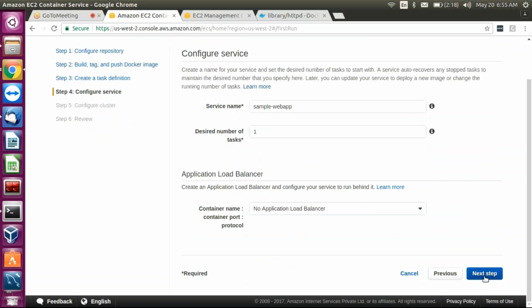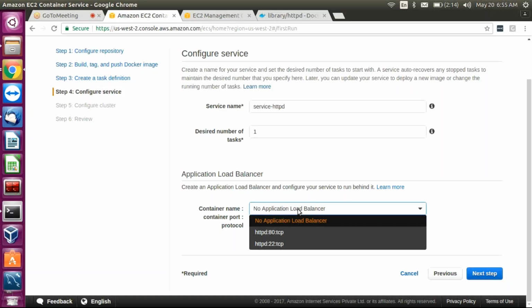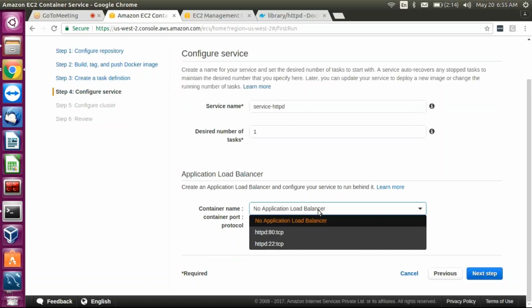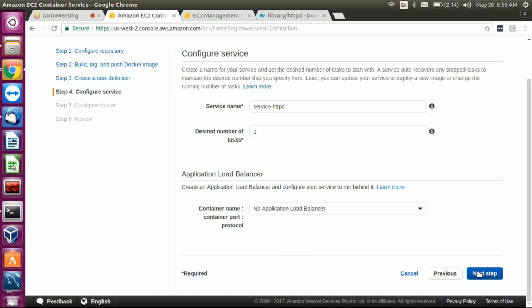Okay, so I am going to the next step, and this is the service name. I'll tell you what a service is. Service HTTPD, and decide the number of tasks. So how many containers you want, you have to give that number here. Okay, so here it says create an application load balancer, but I am not creating any load balancer here. If you want to create any load balancer, depending on your port, you can simply create your load balancer. And next,